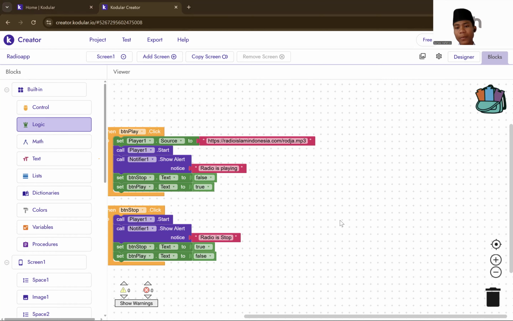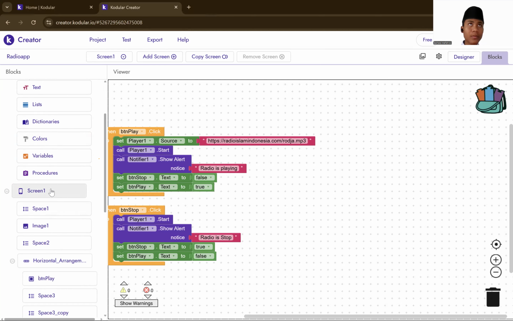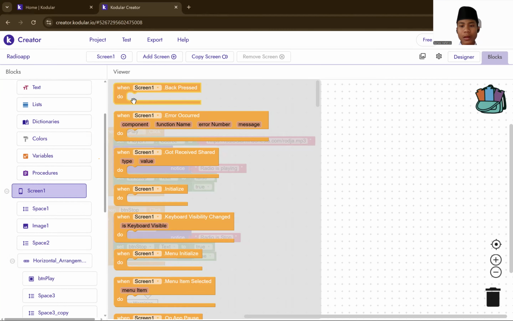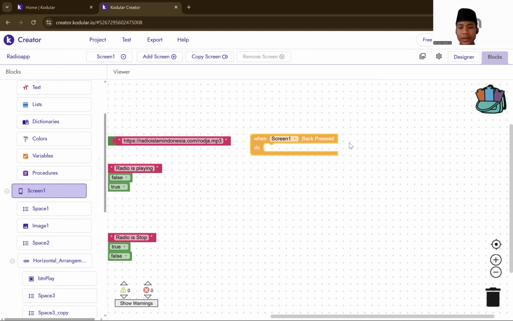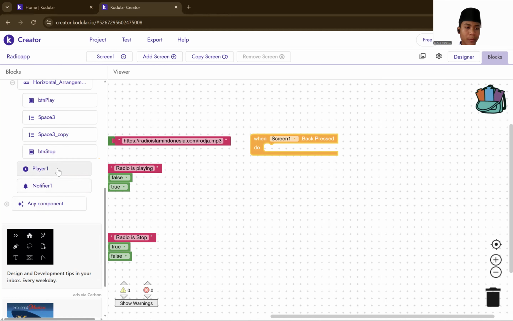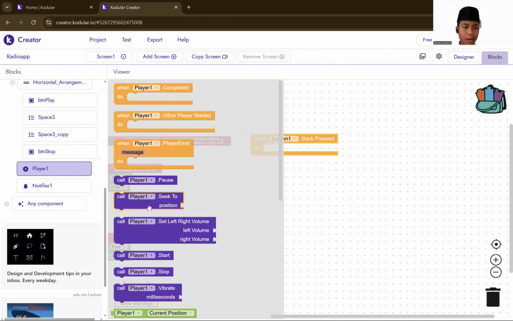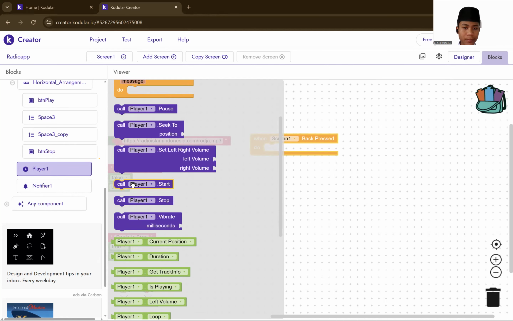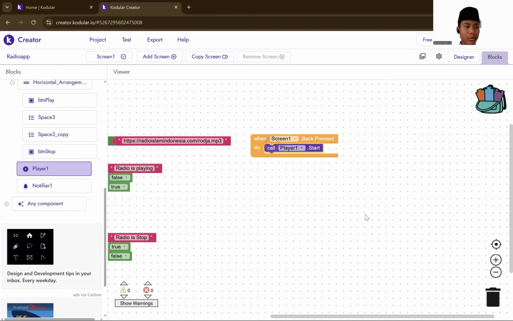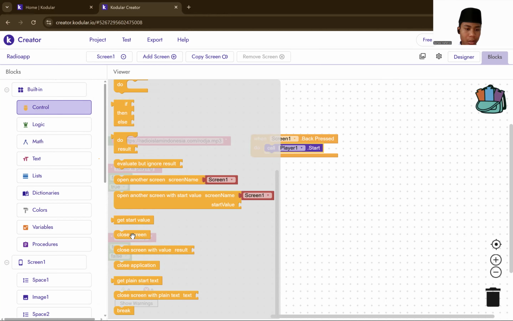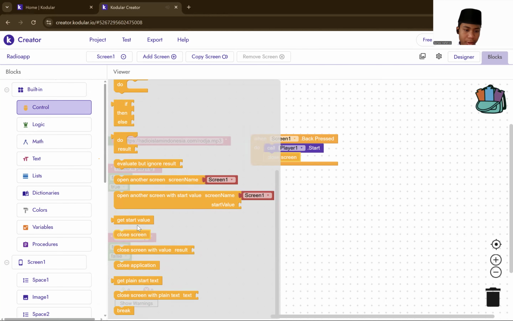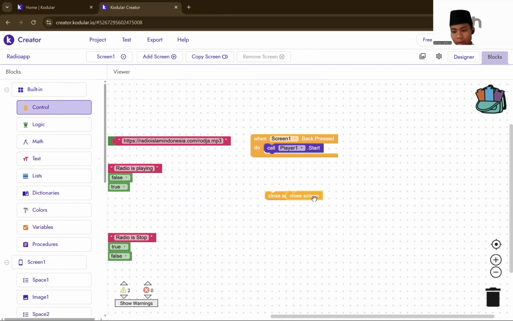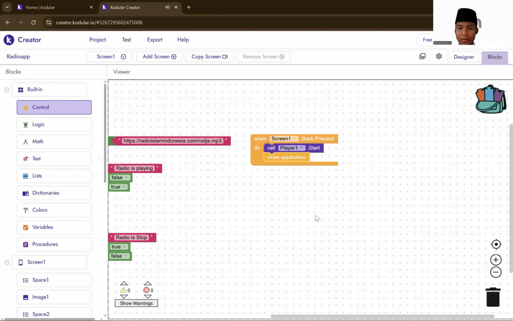And then if done, you take the name back screen one, back page, and then you go to player and call player start, and then you go to control and you take the name close screen. Okay, close application. Sorry, close application. Okay, be like this.